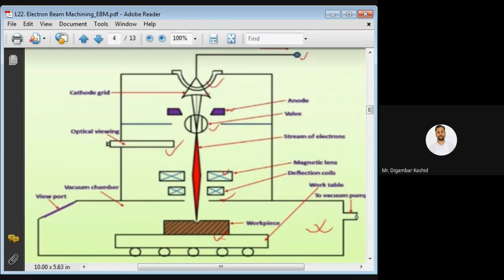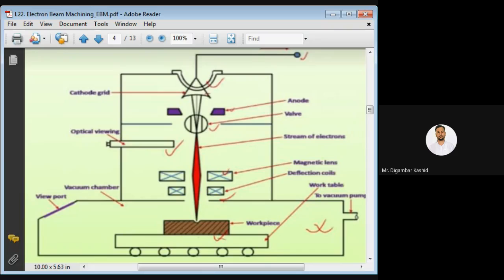Okay, so at the back side of the workpiece, backing material is used. After machining the top surface of the workpiece, when the beam reaches the bottom side, it also vaporizes that backing material. This backing material vaporizes and comes out at a very high pressure, and while coming out at high pressure, it also ejects the